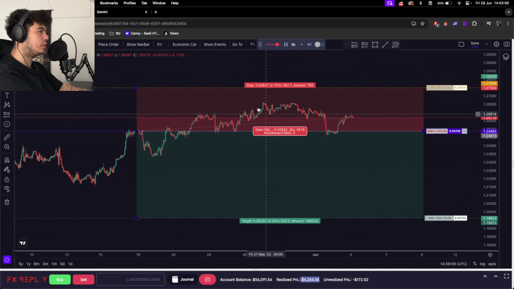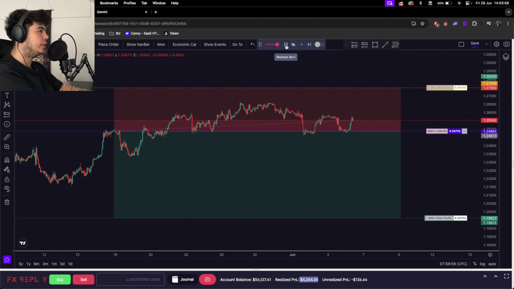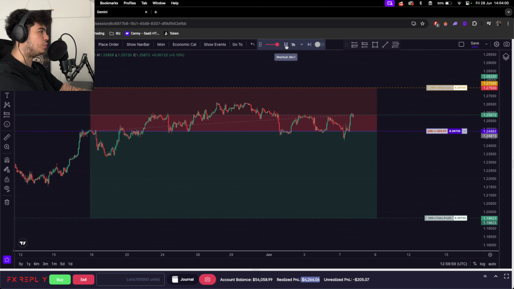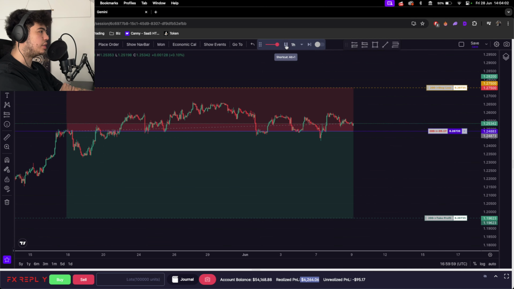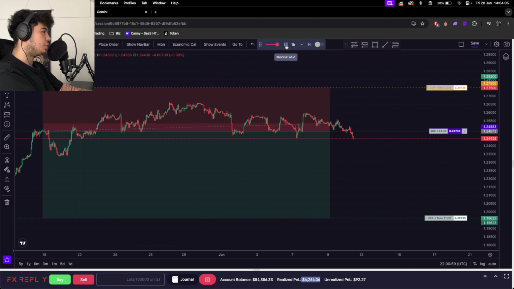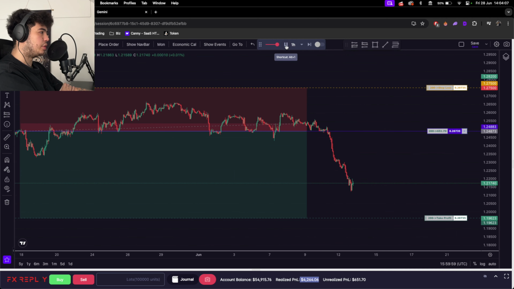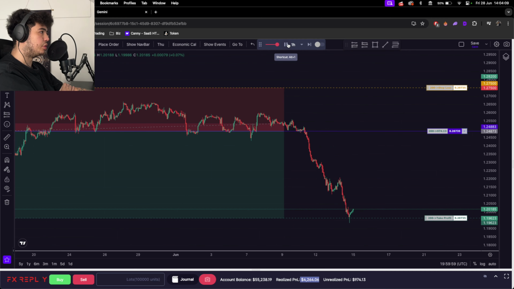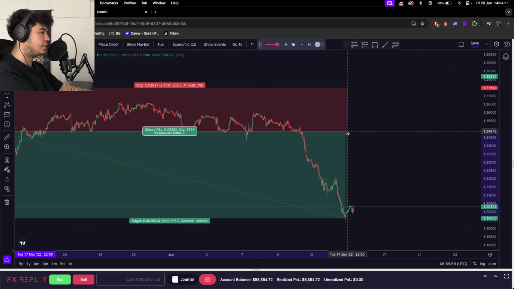We've got quite a lot of ranging actually. Most of this trade has been spent in drawdown. So it'll be interesting to see how it turns out, because so far we're on a pretty nice winning streak. We've not had any disappointments so far. And we've just had another take profit.